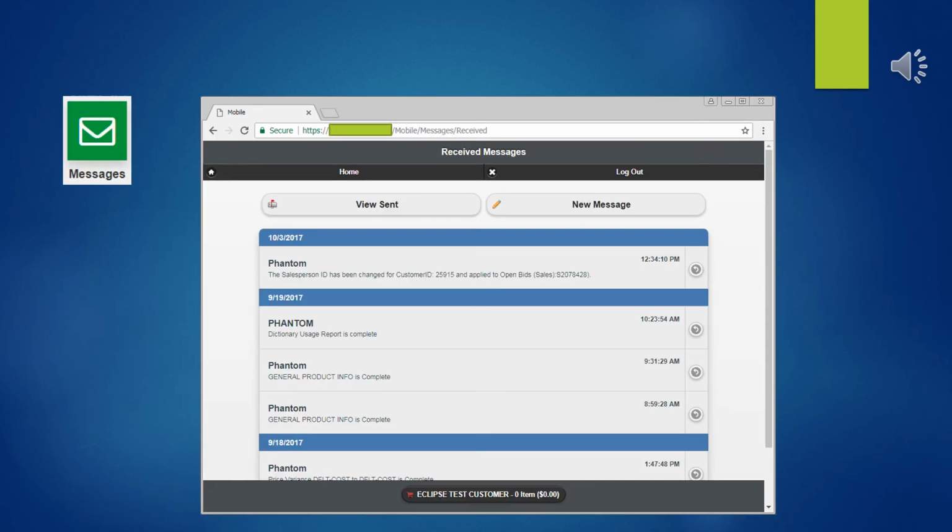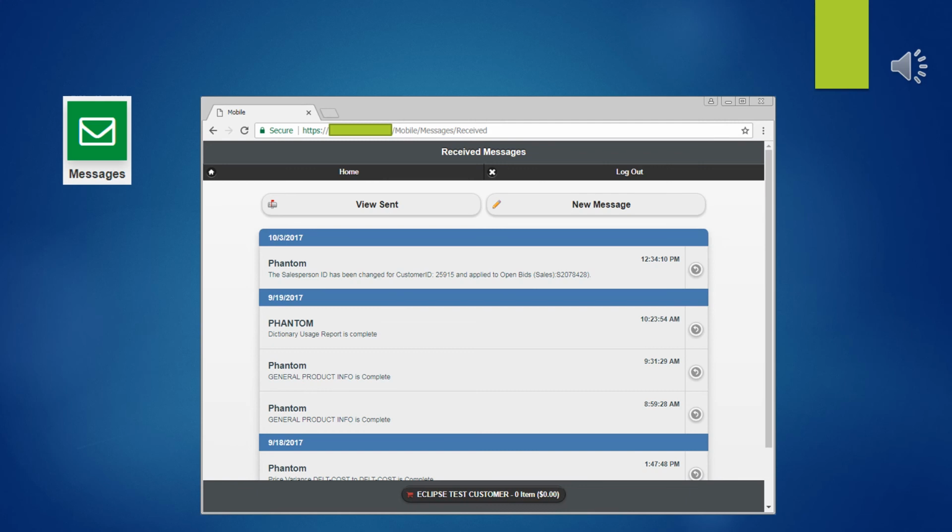Messages gives you Eclipse Mobile access to the Eclipse messaging system. Hopefully everyone knows that Eclipse has built into it more of a text messaging system than an email system. And of course this is very, very handy, but only if you're logged into Eclipse. But since it's right there, most people are doing their jobs in Eclipse, it's going to pop up and warn